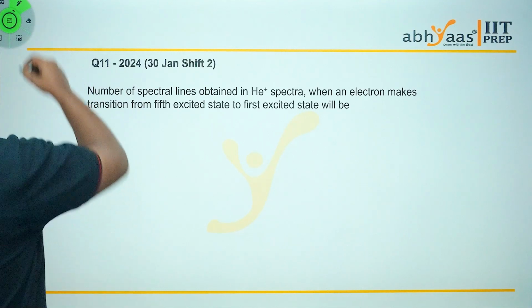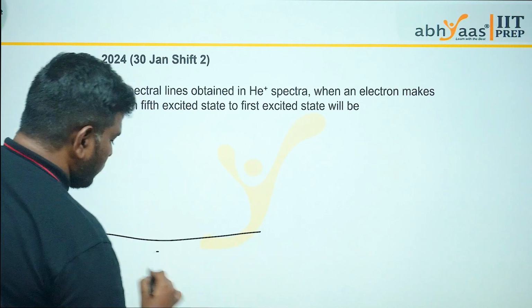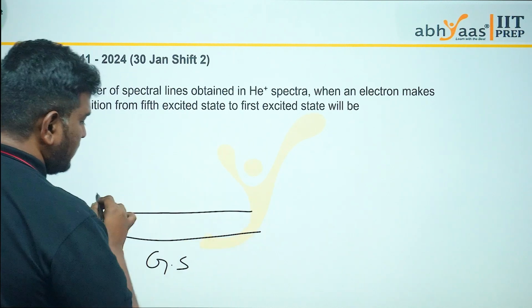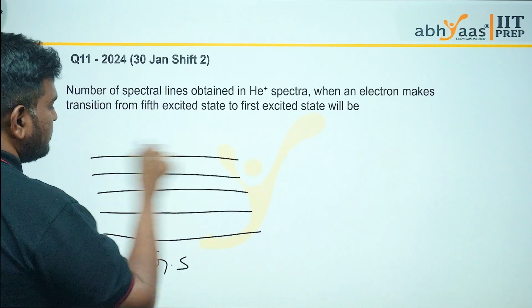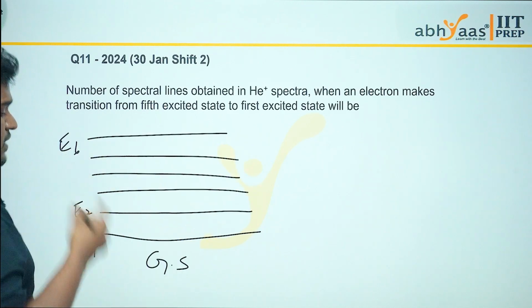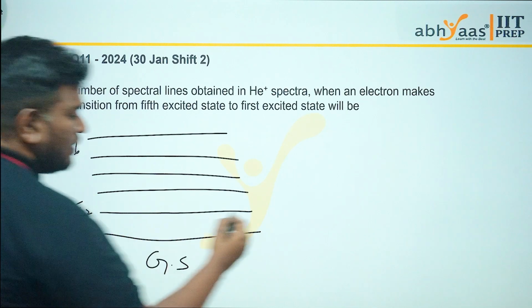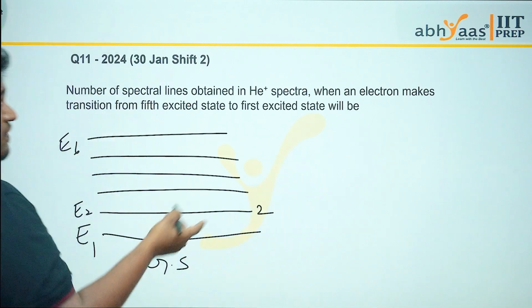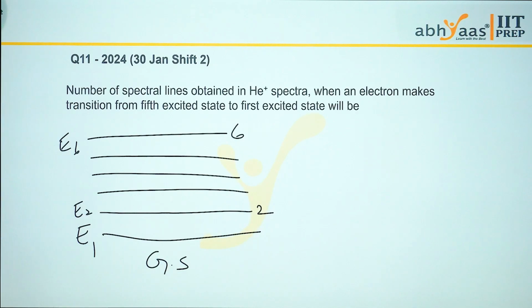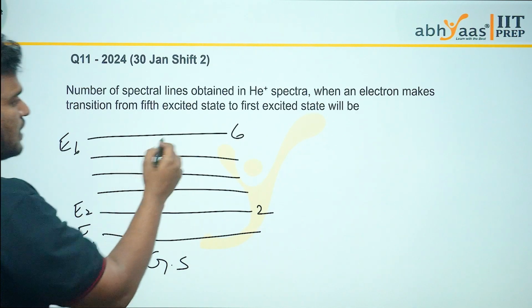So here, what is happening? Ground state will be E1, energy level 1. Then you have E2, E3, E4, E5, E6. So the first excited state will be energy level 2. Then the fifth excited state will be energy level 6. Now the electron is making a transition from 6th to